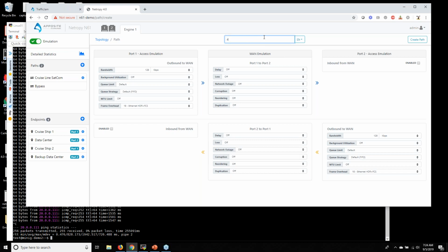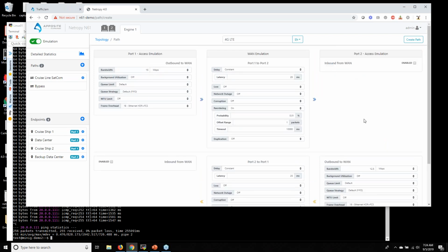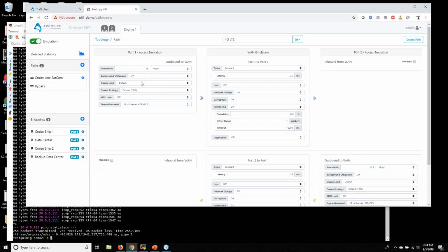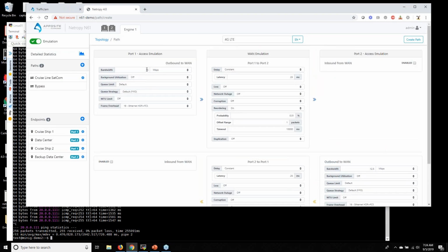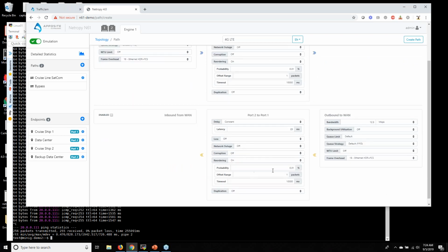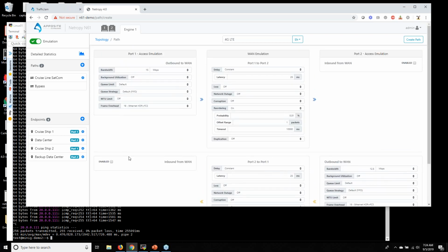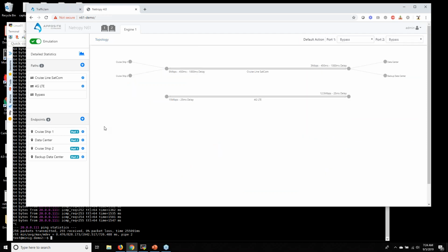So I'll call this 4G LTE, and I'll choose my 4G LTE connection, and let's take a look at some of the settings. So we have 15 megabits download, 12.5 megabits upload, 50 millisecond round trip with packet reordering. And I'm going to create that.